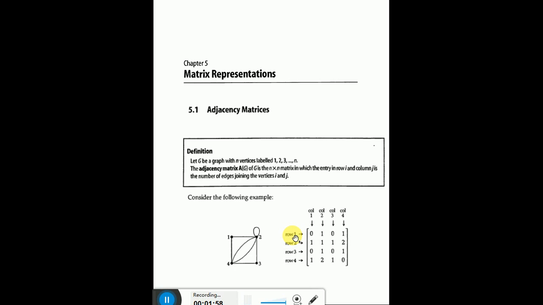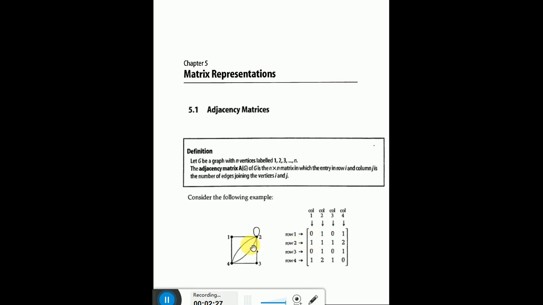Now, what we have to do is, if vertex 1 is attached to itself, that is known as a loop, then we write 1 here, otherwise 0. So there's no loop at vertex 1, so